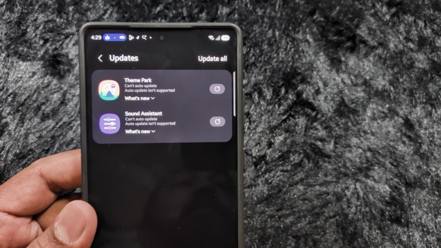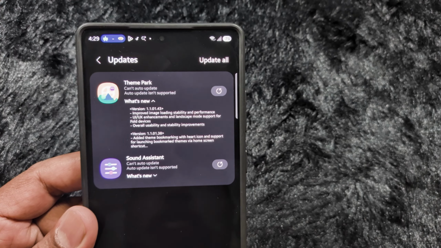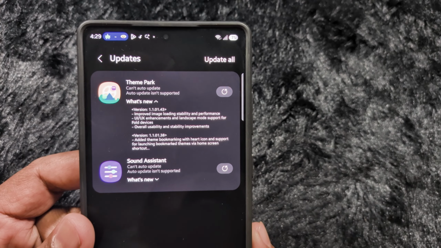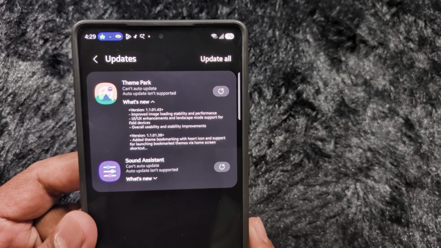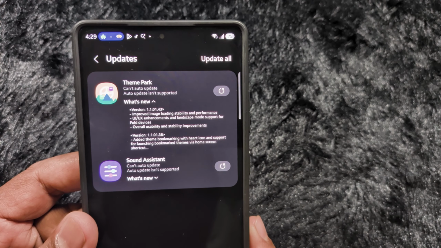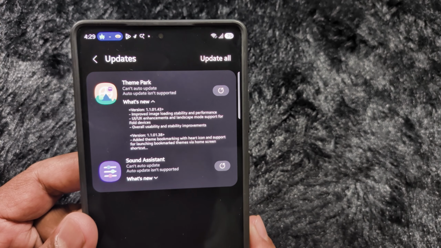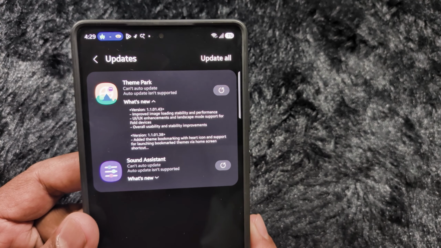So now tap on Theme Park. Tap on what's new. Here you can see the version 1.1.0.43. Improved image loading, stability and performance, UI/UX enhancement, and landscape mode support for fold devices, for overall usability and